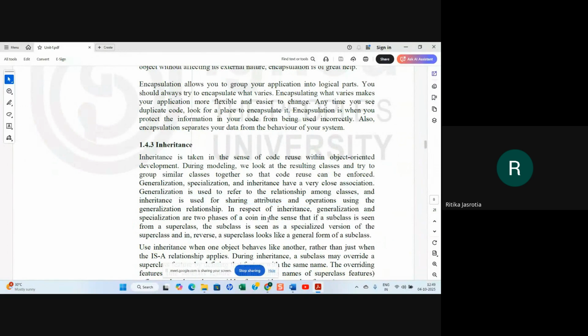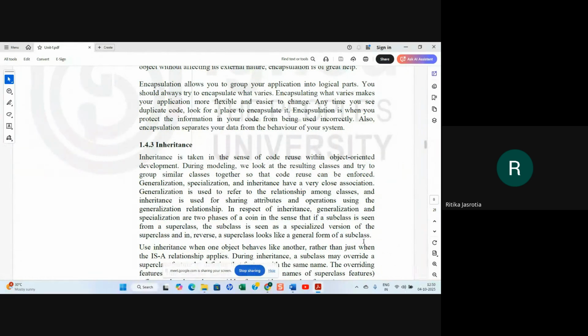With respect to inheritance, generalization and specialization are two faces of a coin, in the sense that if a subclass is seen from the superclass, the subclass is seen as a specialized version. So from the superclass, a subclass is a specialized version of the superclass. And in reverse, a superclass looks like a general form of the subclass.